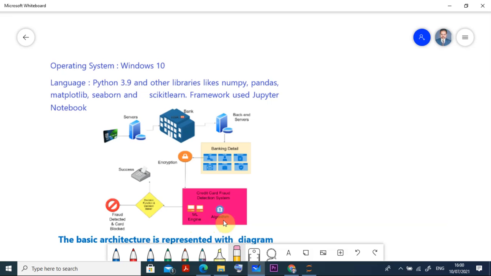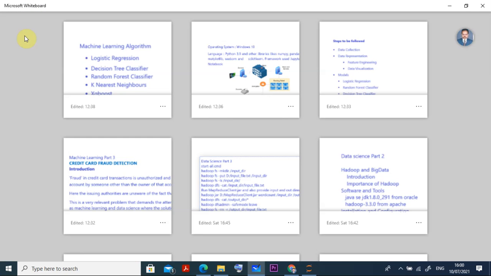If it is okay, then it is a success. If it is a fraud, then it will stop or block you here. This is the basic architecture representation with the diagram, and if you enlarge it you can see it starting from the credit card. So whether the transaction is a success and not a fraud, or it is a fraud and has to be blocked, this is the idea of implementation.